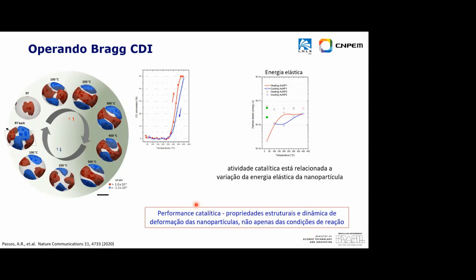By changing this strain, we can control the catalytic activity of the nanoparticle. These were really nice, new results, and we were really happy to publish them in Nature Communications, because we could show at the level of a single nanoparticle